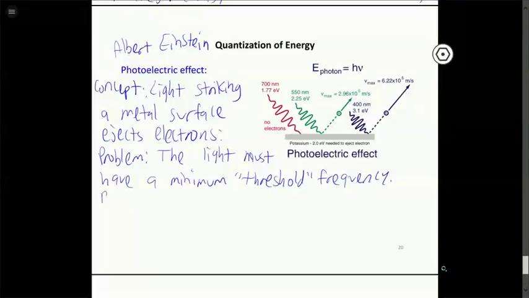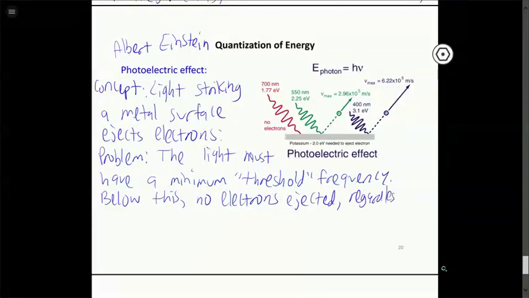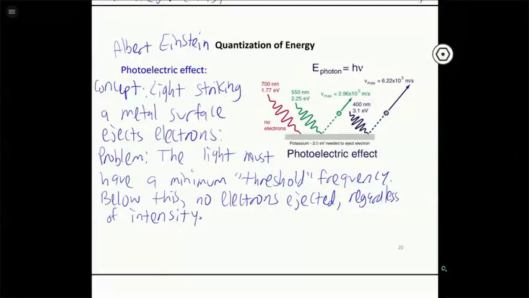And if you're below this frequency, you don't see any electrons at all coming off the surface. And that's regardless of what intensity of light that you have. All right, so this red light here, which they're not giving us the frequency, but has a lower frequency, the lowest frequency in the visible spectrum, no matter how intense the light is that hits the surface,